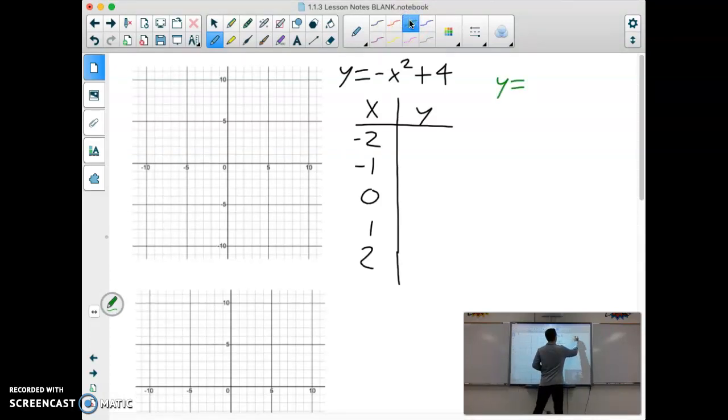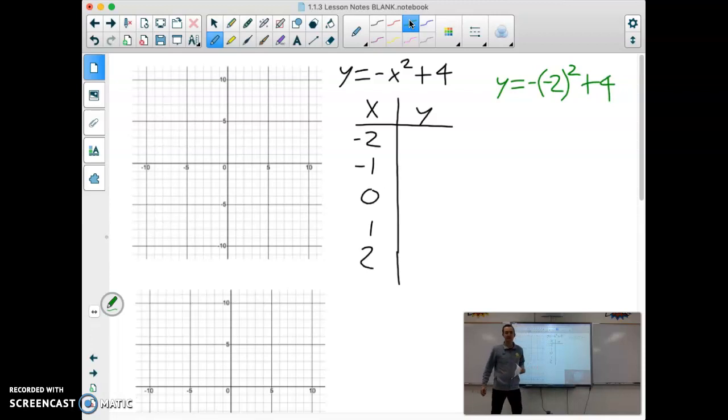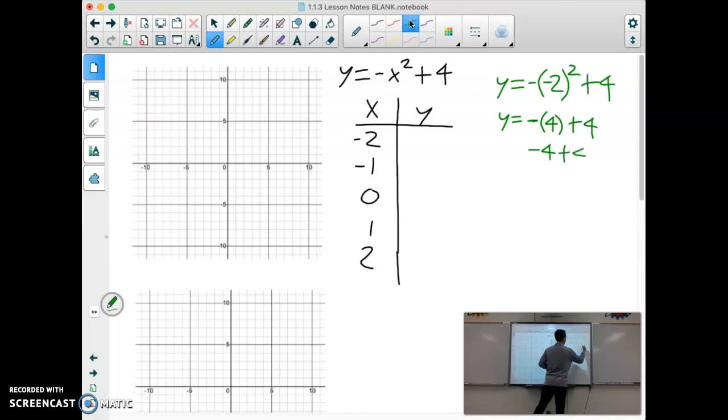So y is going to be equal to -2 squared plus 4. So we have -2 squared. A negative squared is going to be a positive. So that will be y equals 4 plus 4. So this is a negative times a positive. So let's get this -4 plus 4. So our y should be equal to 0